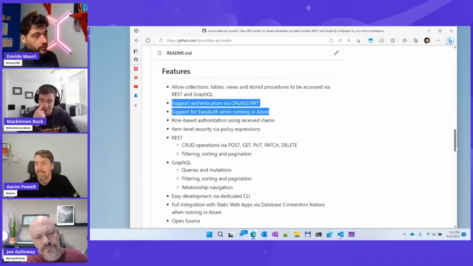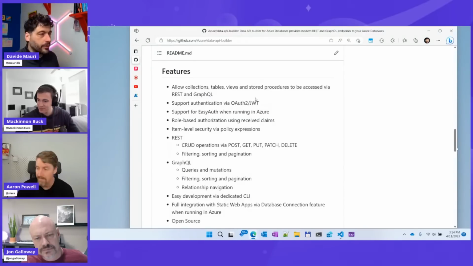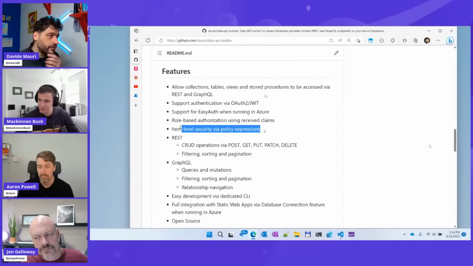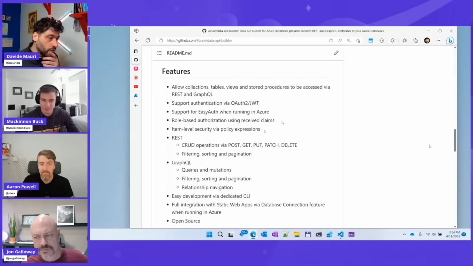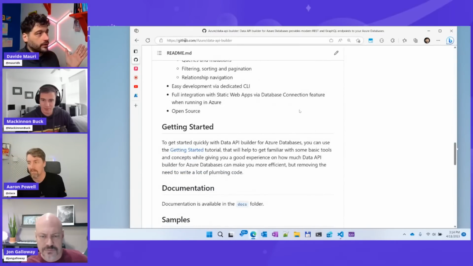Yeah, we support, of course, authentication and authorization, both using just regular Azure or via OpenID, OAuth2, and JWT token. We also have support for row-level security, so you can specify exactly who will be able to see what. And that's it. Here, you can just go to the website, or you can go to